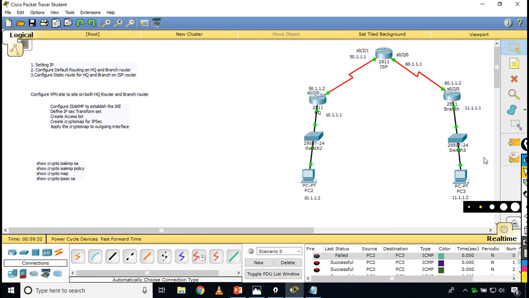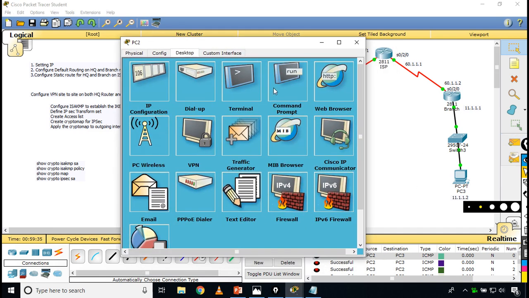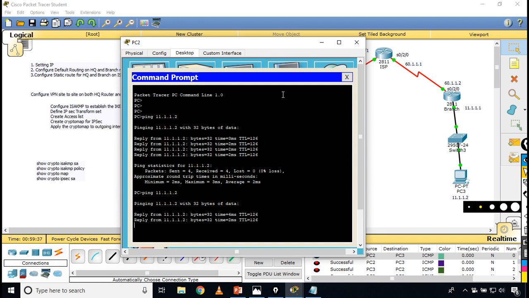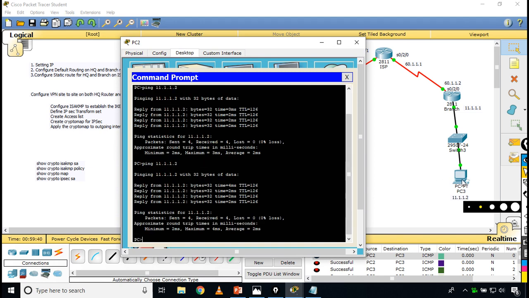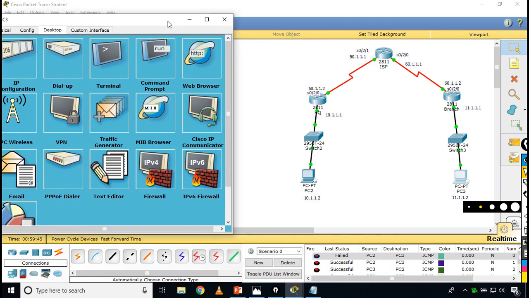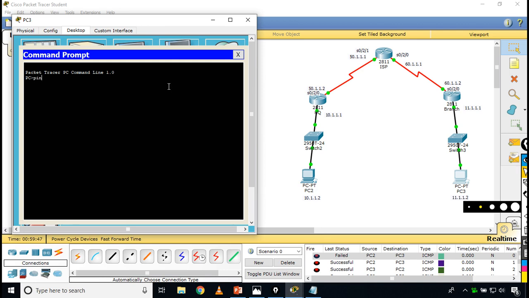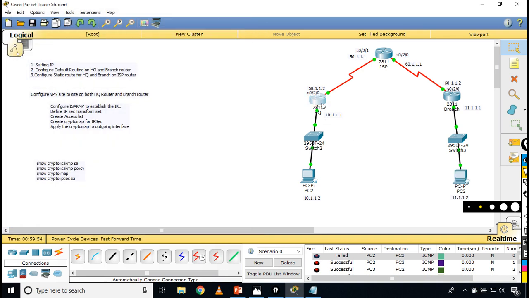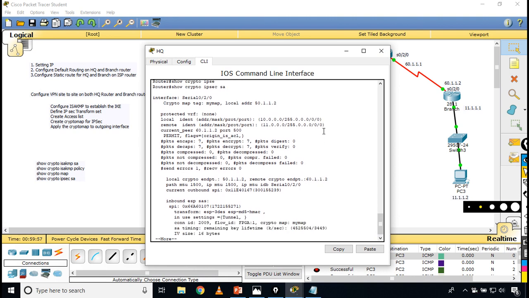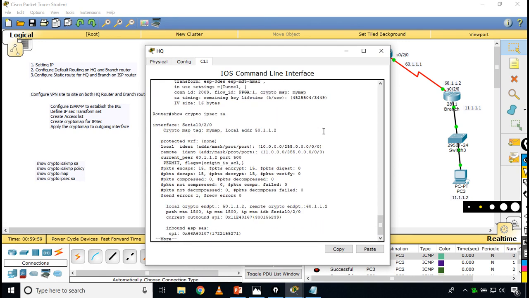If I do more pings here, maybe I go to the command prompt and ping more times, and even do the ping from this side also, from the branch office to the head office, ping 10.1.1.2, so we have sent at least more packets. Now we check again with the same command, show crypto ipsec sa. You can see now the encapsulation packet count has increased because we have sent more packets, and it is IPsec that is encrypting and checking all those